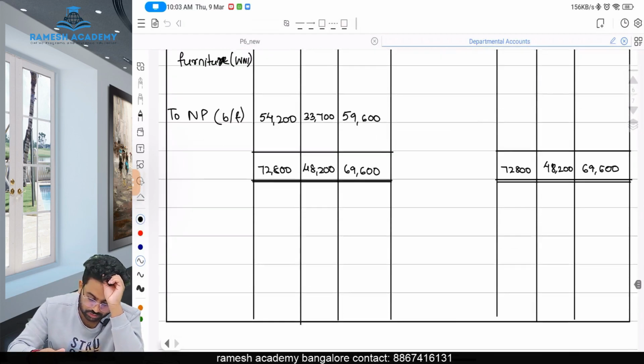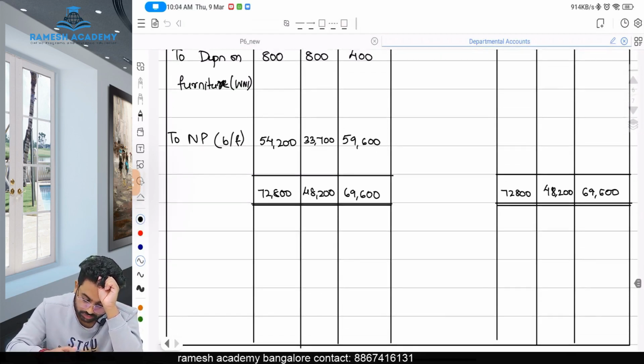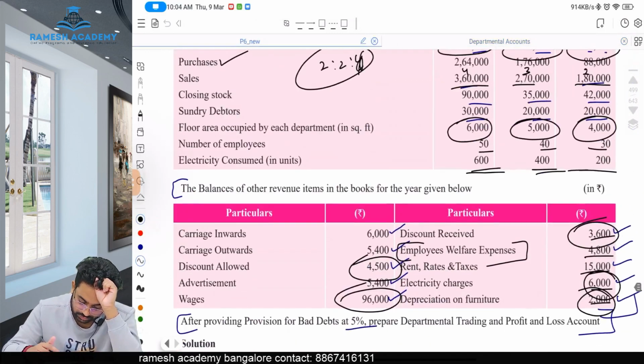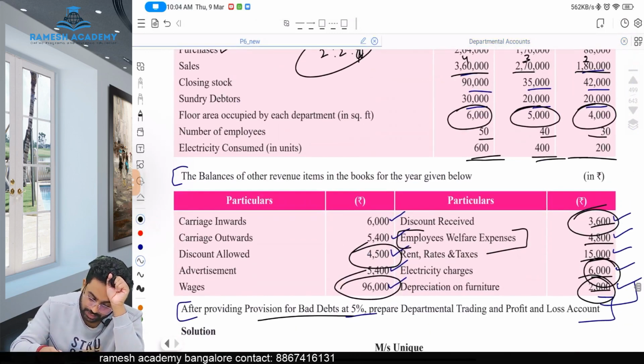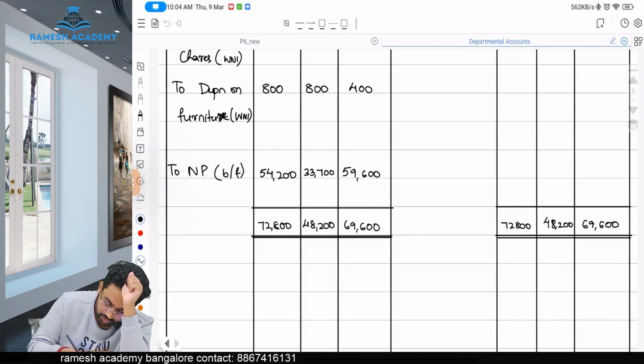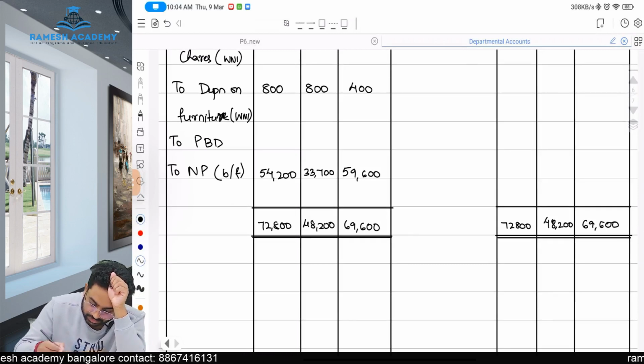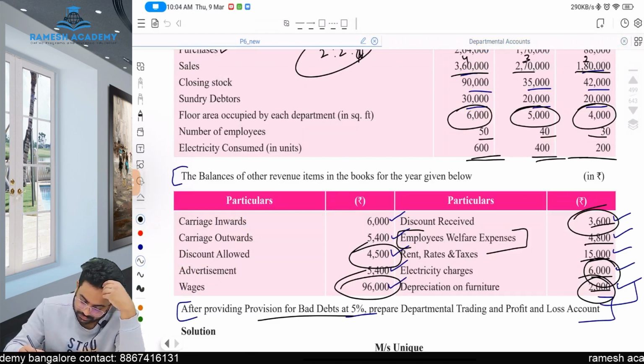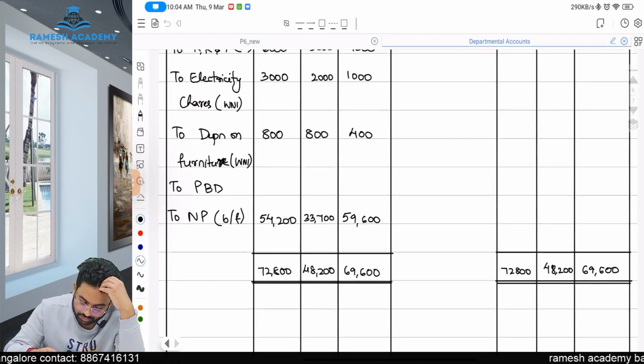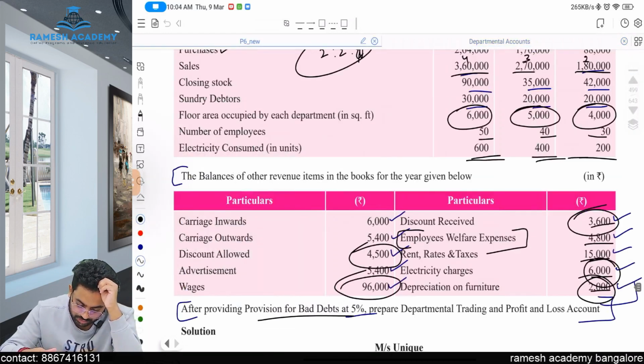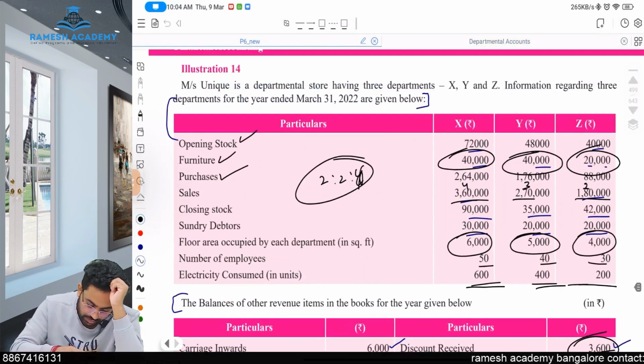There is a provision, no, I forgot. See here. After providing a provision for bad debt, we forgot that. To provide a provision for bad debt. How much are they telling? They are telling 5%. So they have given debtors also. No, how much have they given, sir? Debtors they have given